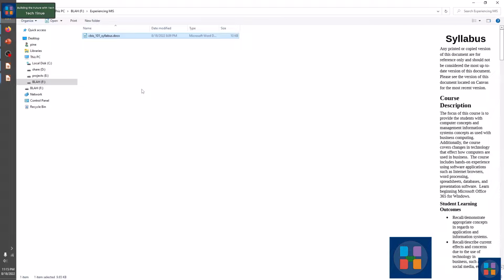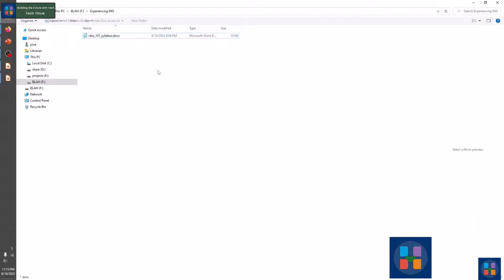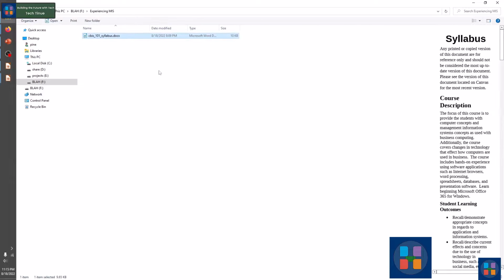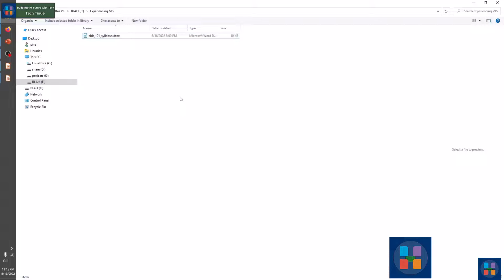So if you want to copy and paste or cut and paste using what's known as a keyboard shortcut, a keyboard shortcut is a combination of keys that you can press that do a certain command. So rather than right-clicking and using your mouse to copy and paste, you can just use keyboard shortcuts. For copying, you can type Control-C to copy the file, and then once you're at the folder that you want it to be, so let's say I want to put this one in Access, you can hit Control-V